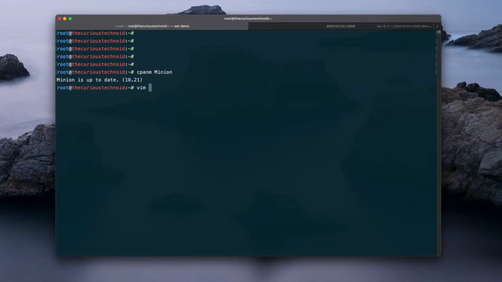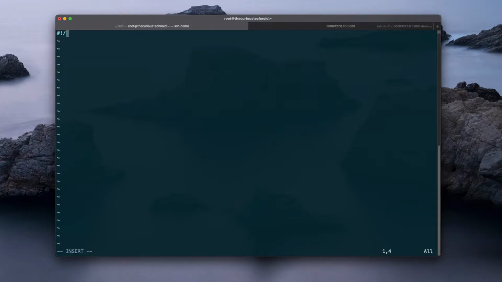I'll create a file called minion_worker.pl. I'll be using the Mojolicious Lite app to create the worker. We will call the Minion plugin.